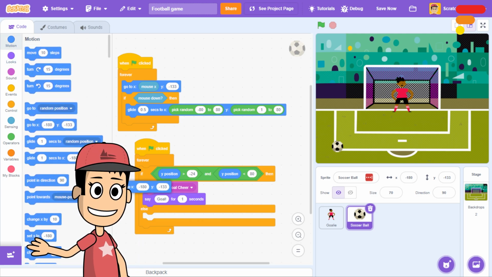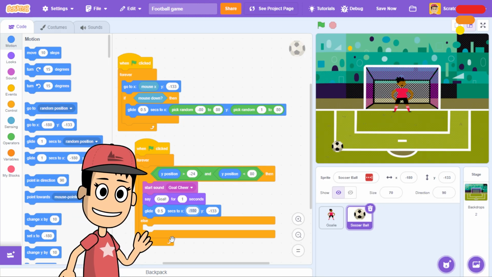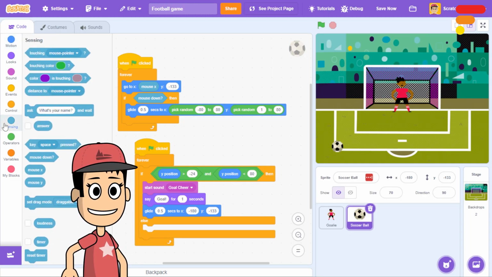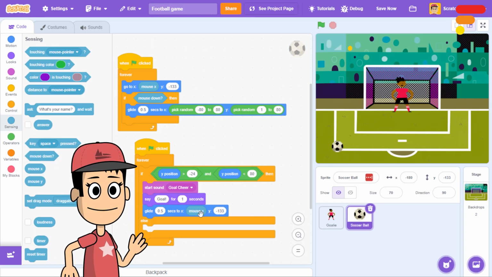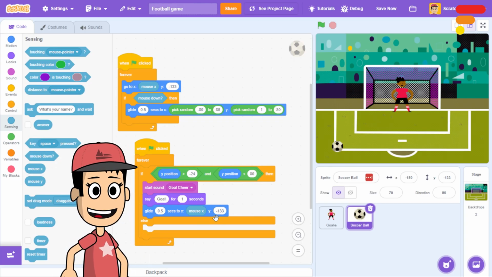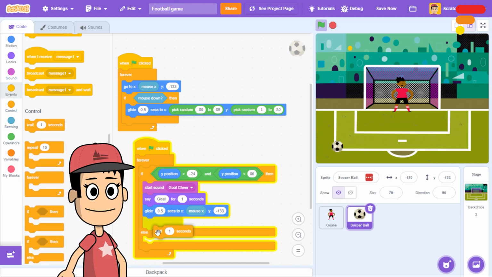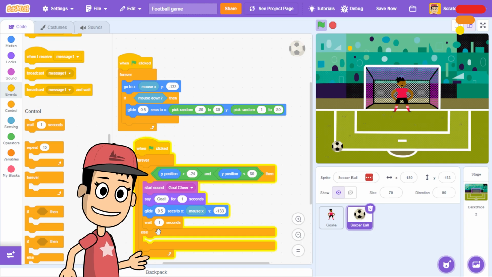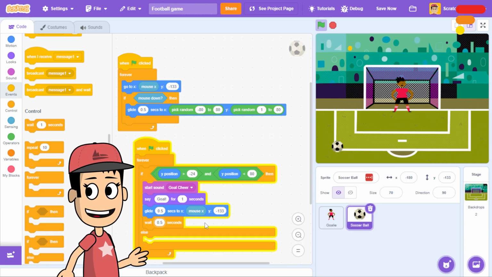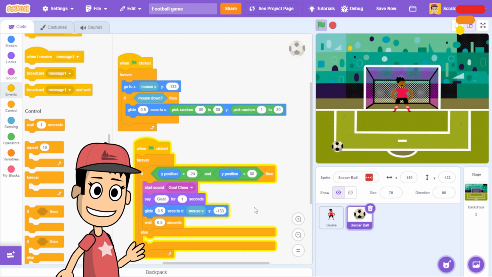From motion, add a glide seconds to XY block and set its time to 0.5 seconds. Insert mouse X for the X value and set the Y to -133, meaning the ball will return to its original starting position. Lastly, add a wait block and set it to 0.5 seconds so a slight pause occurs before the next shot. This completes the goal condition.